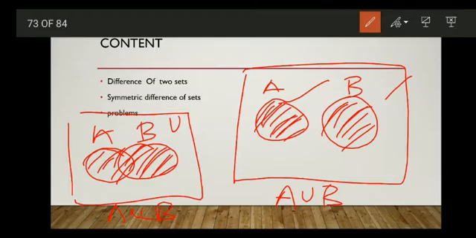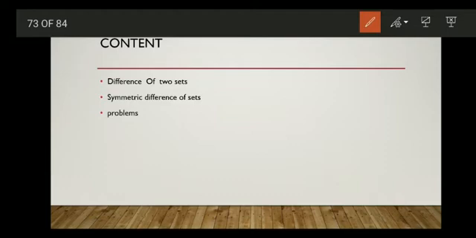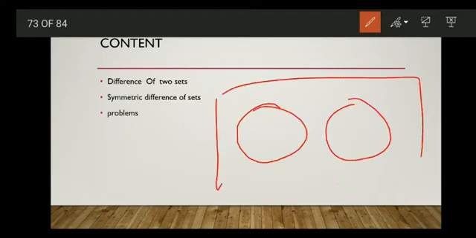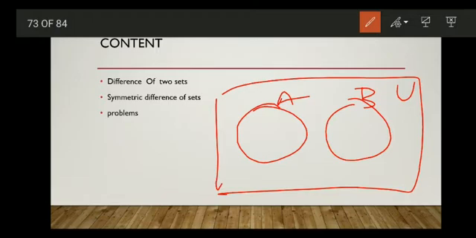What is the intersection of two sets? When two sets A and B are given, if they are disjoint, then A intersection B is nothing but a collection of common elements between A and B. Okay, so when two sets A and B are disjoint, there is no common element. So A intersection B will be empty.